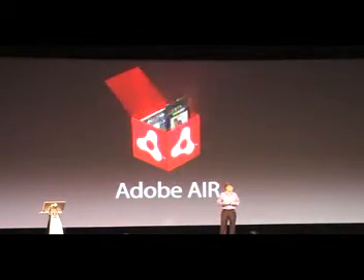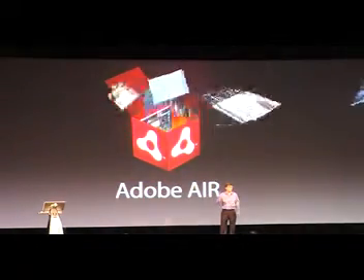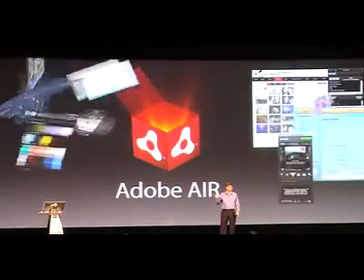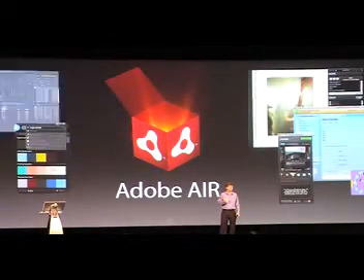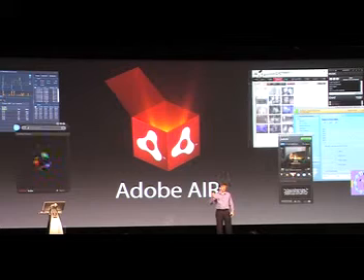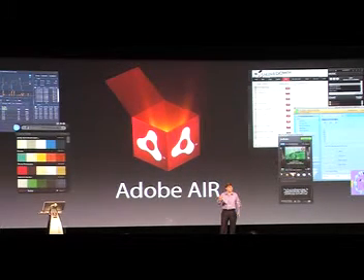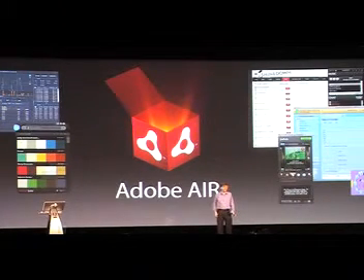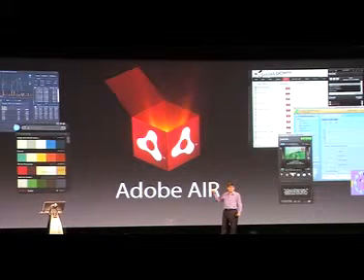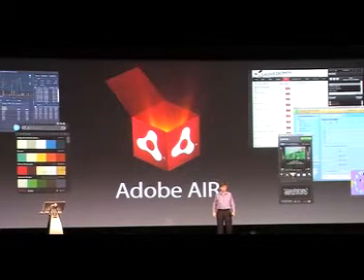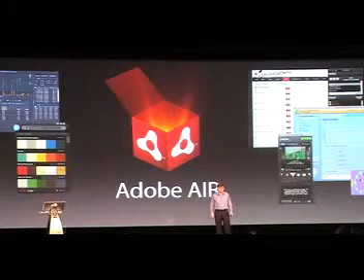Now, AIR is being widely used already. Fortune 500 companies and startups across a whole bunch of different industries have been deploying AIR applications. Developers have been downloading tools to build AIR apps. We've had over 1 million downloads of the software used to build AIR applications now. We're on target to hit 100 million installs of AIR just 1 year from its launch. And if you haven't tried some of these applications already, I encourage you to go check them out and go to Adobe.com and install them from there.